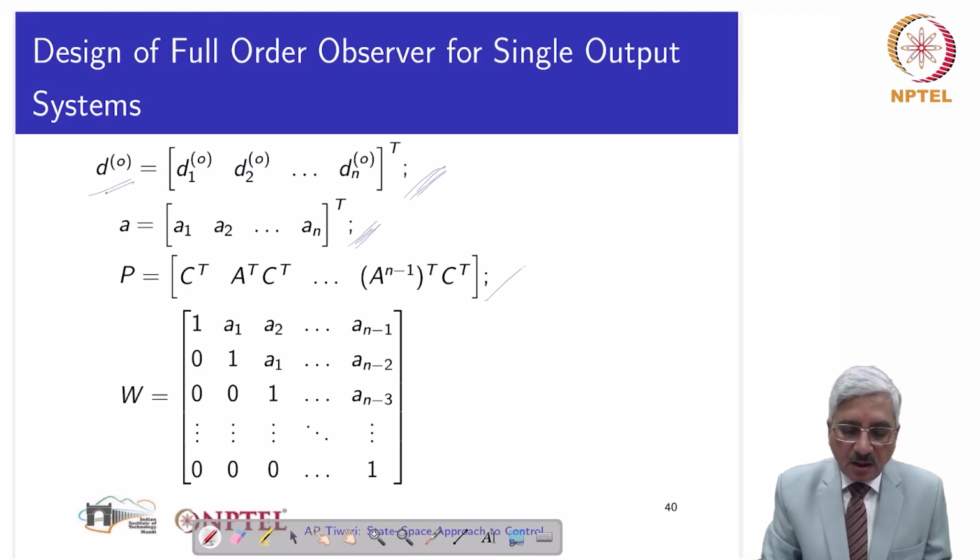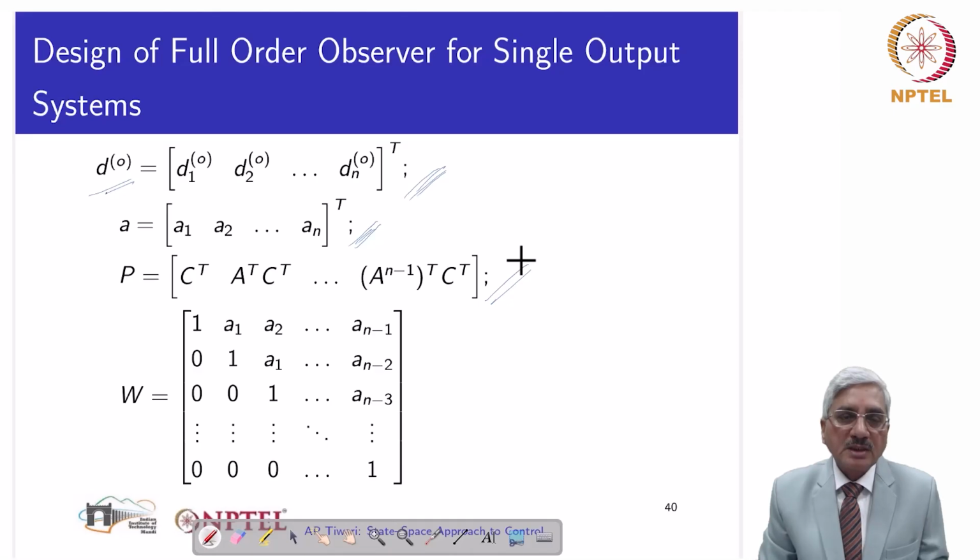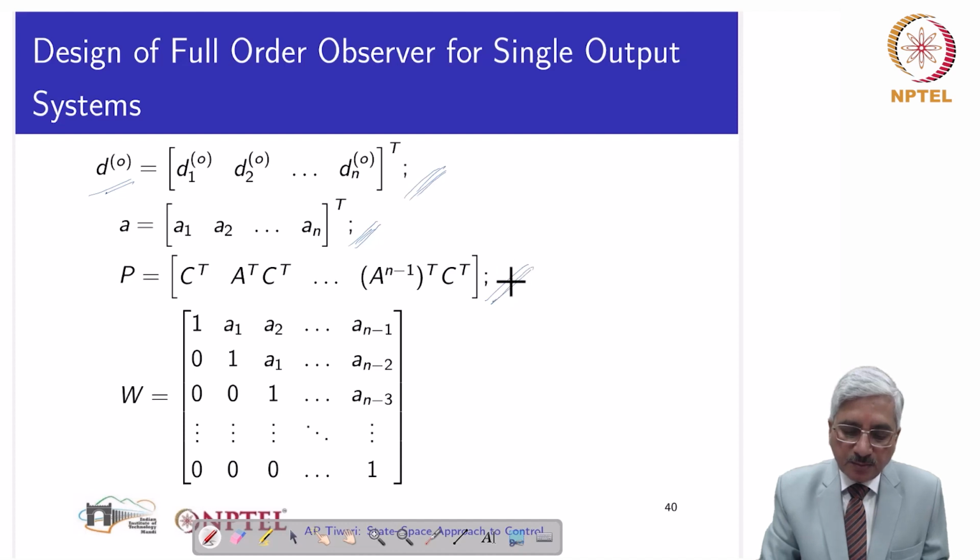This is the observability, or rather let me say controllability matrix, considering A transpose as the system matrix and C transpose as the input matrix. So this matrix P has to be evaluated. W has to be